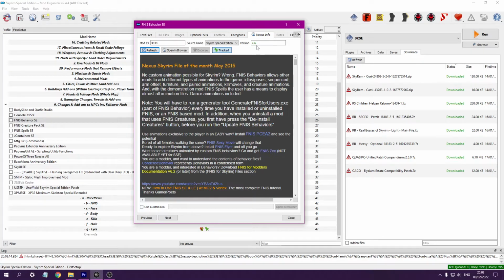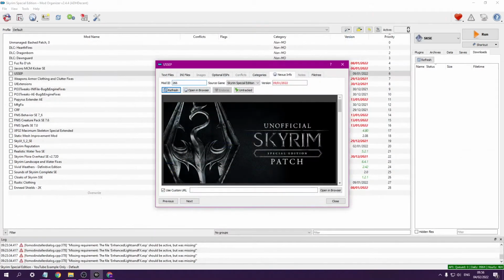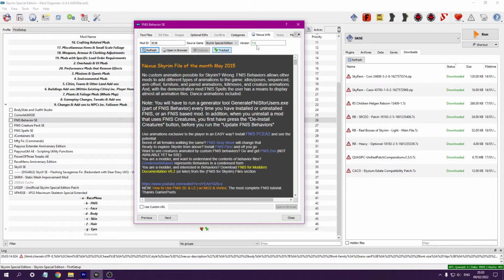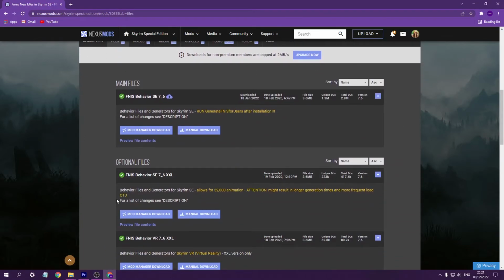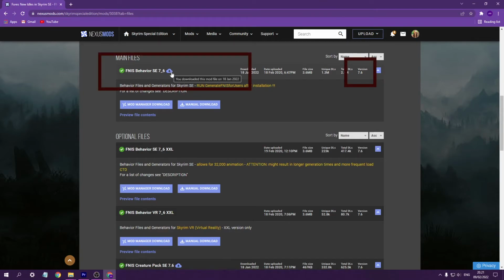One more step on this screen that I would recommend doing is ensuring that the version number is correct on MO2. MO2 can insert the date of the download or install of the mod in the version number if it cannot get the actual version number. An accurate up-to-date version number will allow you to see if the mod needs an update or not, as the most recent version will display as green, and if it is red, it is outdated. The version number for a mod is displayed on the Nexus Mods page, but if there are multiple files under a mod page, take the version number of the mod you can see you have downloaded and use that.